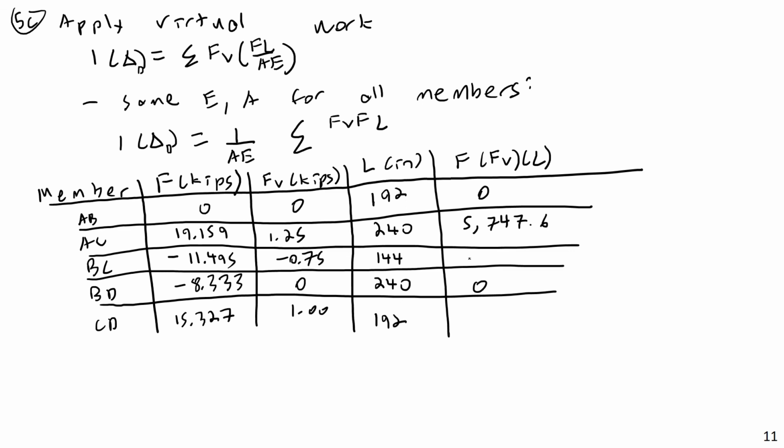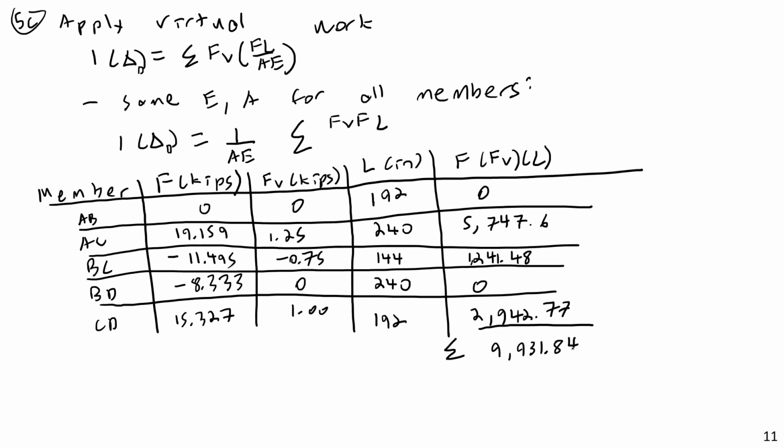And for member BC, I got 1,241.48. And then for member CD, I got 2,942.77. 0.77. And so then all I have to do is sum this up, and that will come to